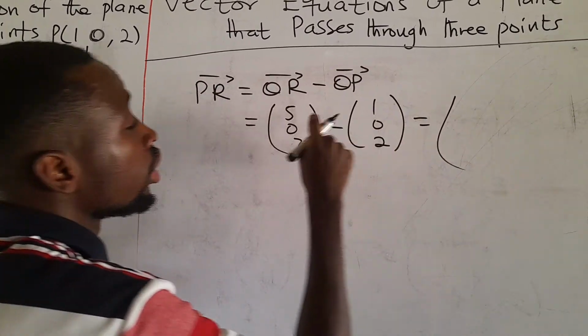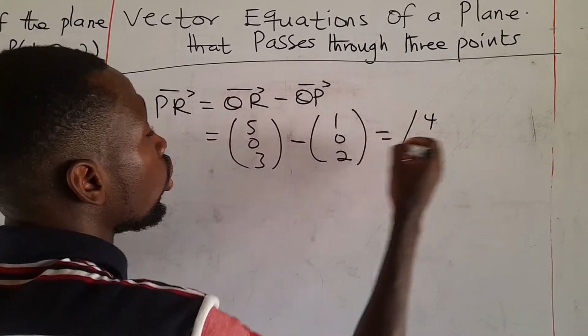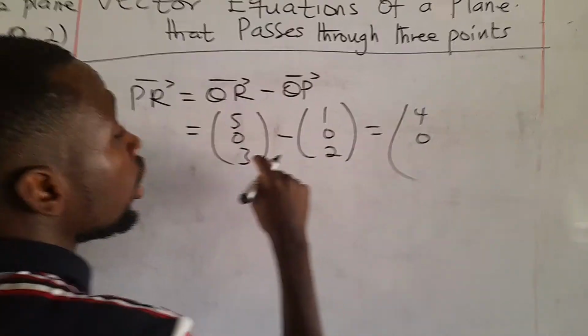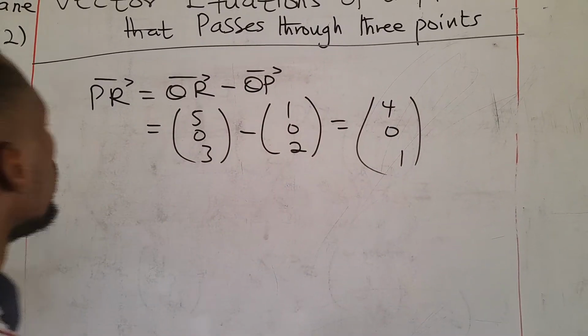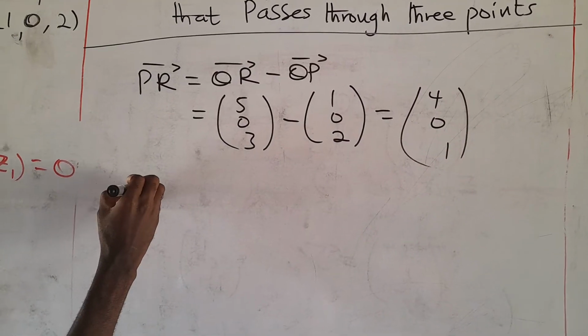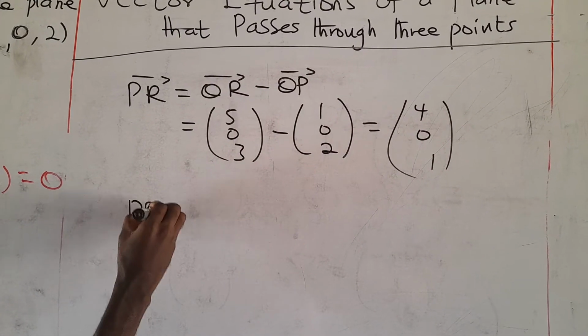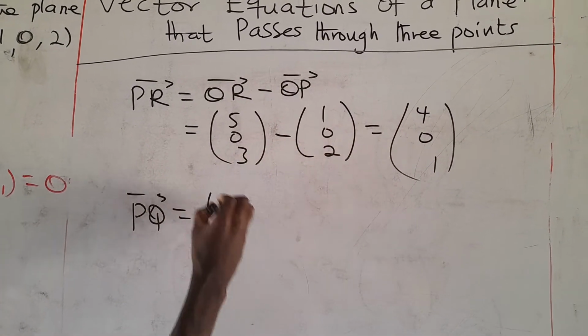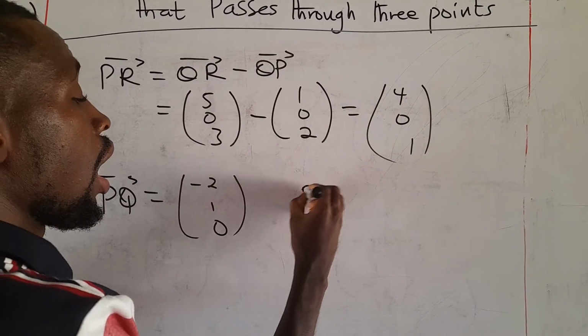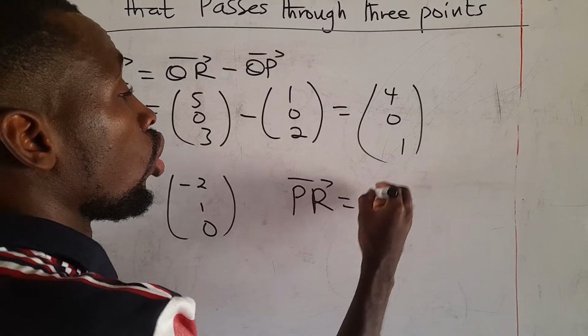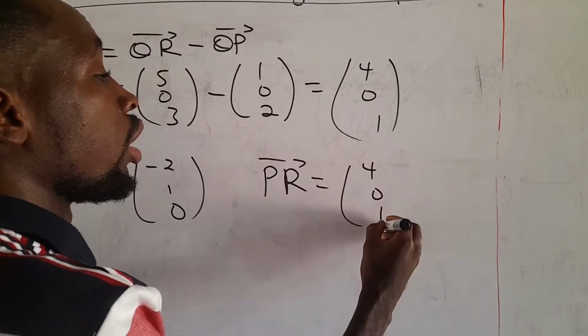We'll subtract this. 5 minus 1 is 4. 0 minus 0 is 0. 3 minus 2 is 1. So since we know our PQ to be negative 2, 1, 0 and our PR to be equal to 4, 0, 1, you can